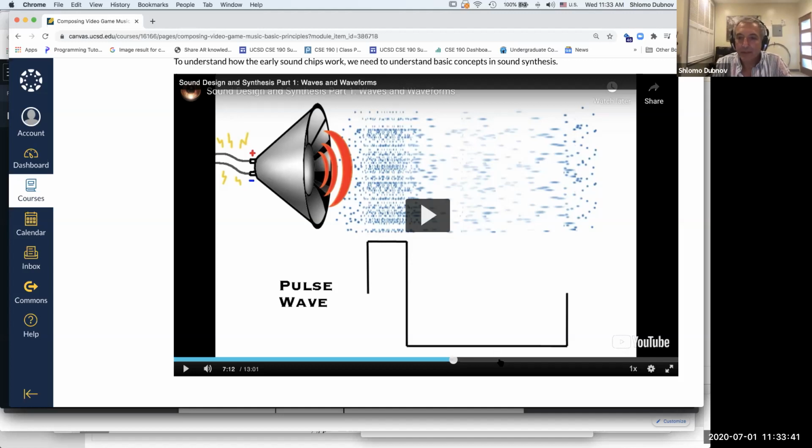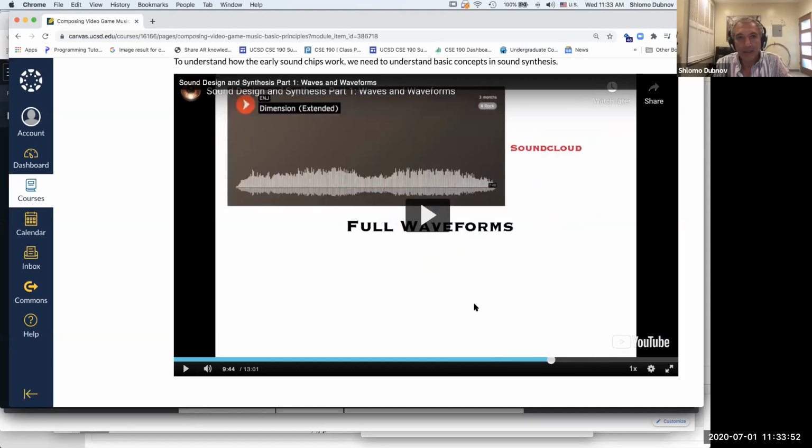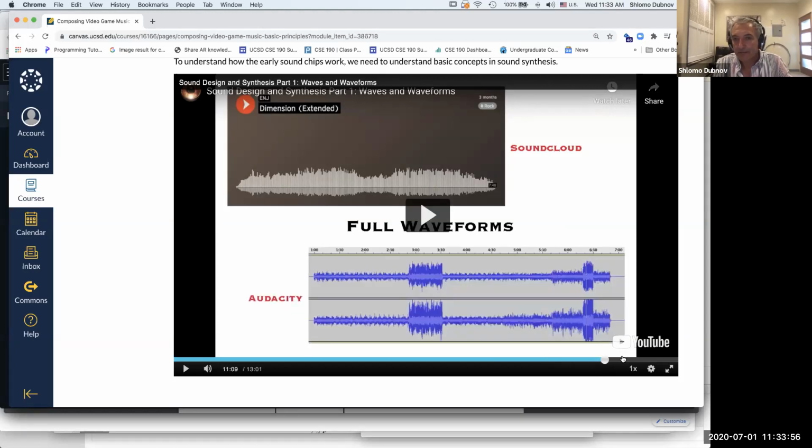This is really important to understand, because these concepts of the shape of the waveform and the duty cycle are actually buttons on your synthesizer. So you can eventually create a sound by combining a lot of the basic sound shapes and trigger them with your synthesizer.